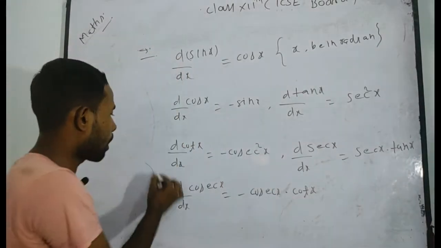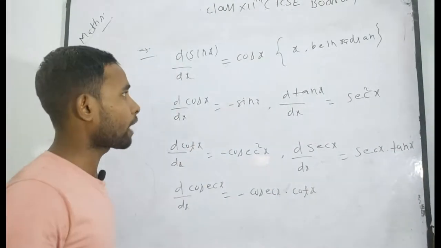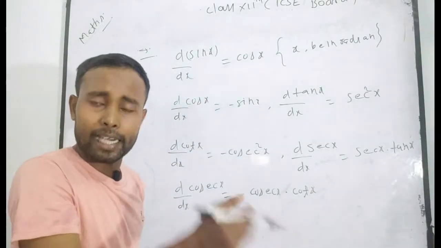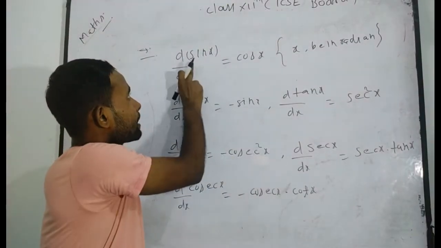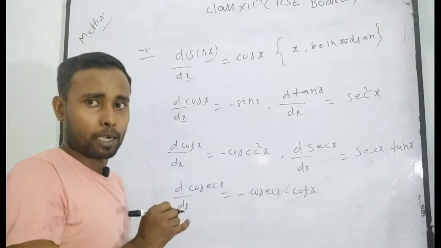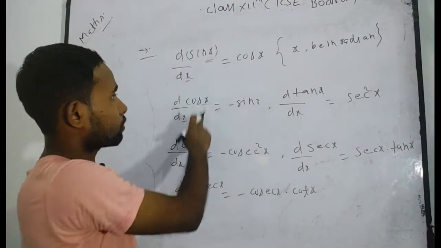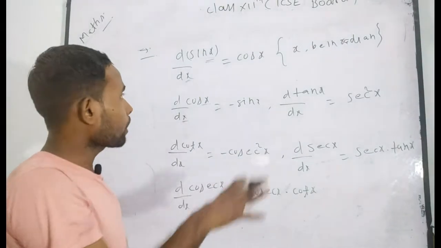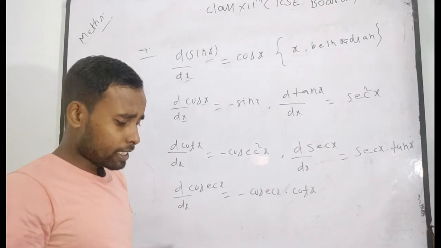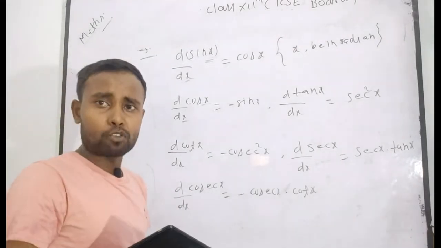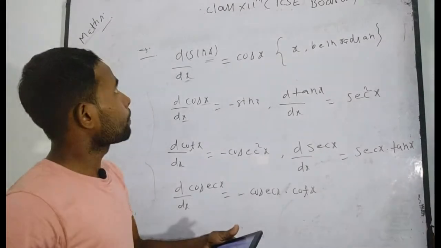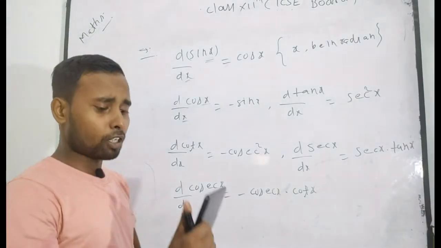I think you have all remembered these formulas, and be careful here. Always, for sin x, x is taken in radian, and second, sin x is differentiated only with respect to x, cos x only with respect to x. Otherwise, sin x, cos x, tan x, cot x, sec x, cosec x, all these formulas have been written here. Now I want to proceed to solve different kinds of problems based on trigonometric functions.